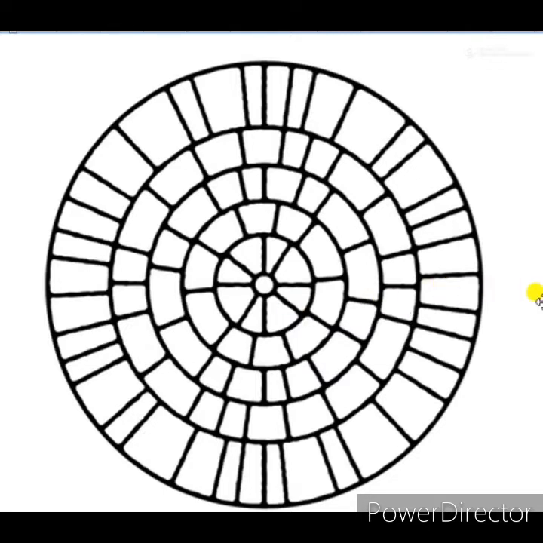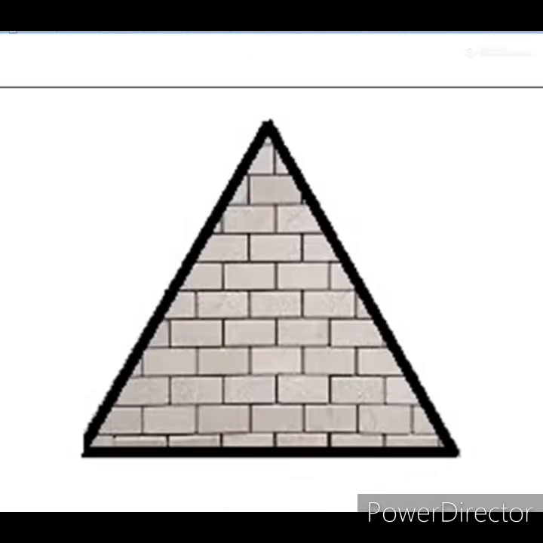Now, triangular shape. We have asked a triangular shape. See, this is the triangular shape. How the bricks are arranged in this triangle. This also, if you like, you can draw this way. Otherwise, you make any other design. Now, rectangular shape. This is a brick pattern in rectangular shape. See, this is a very easy design I have made. You can draw in the workbook.